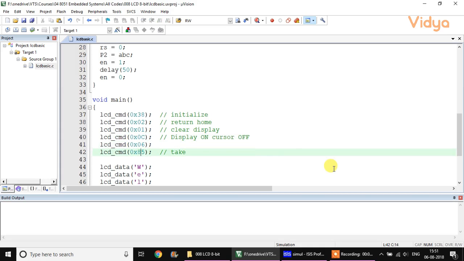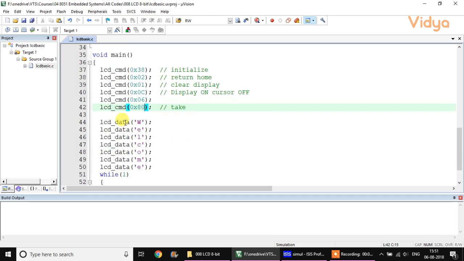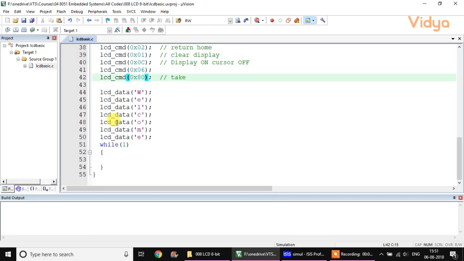Then we can give an address where we want some data to be printed, and this much is the initialization program. Next comes LCD underscore data functions. You can see we have given capital W, E, L, C, O, M, E. These letters onto the LCD underscore data function will in turn print nothing but a simple welcome onto the LCD.